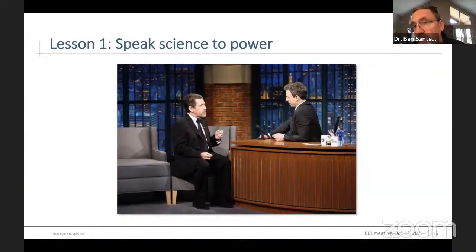One lesson is the importance of speaking science to power. So backing up a little bit here, in 2016, Senator Ted Cruz appeared on Late Night with Seth Meyers and launched his campaign for the Republican nomination for the presidency by making, on Seth Meyers, incorrect statements about satellite temperature data. Senator Cruz cherry-picked a small portion of the satellite temperature record that I showed you earlier and claimed incorrectly that this roughly 17, 18-year period